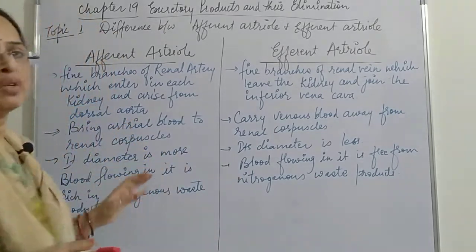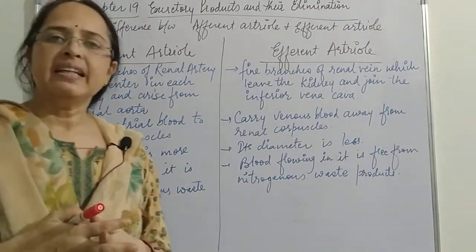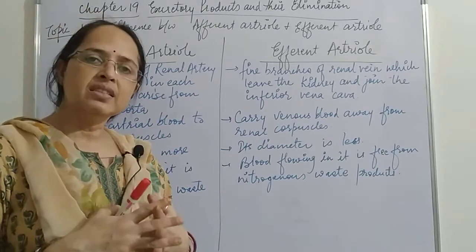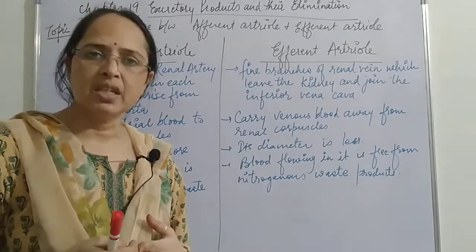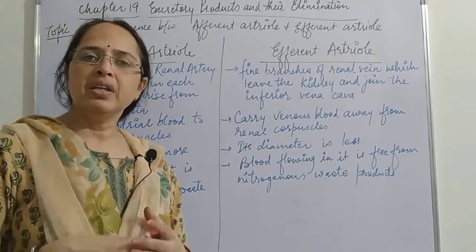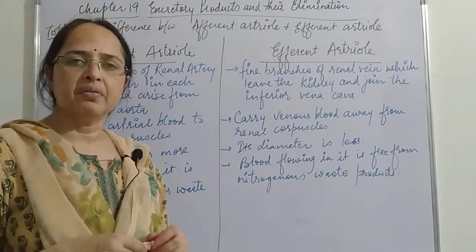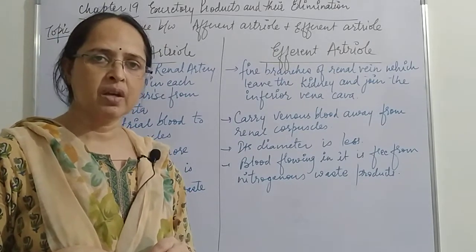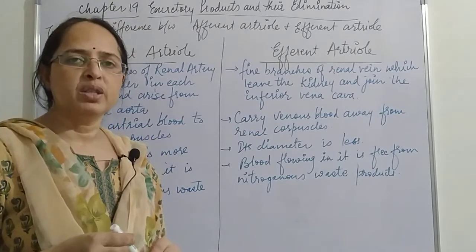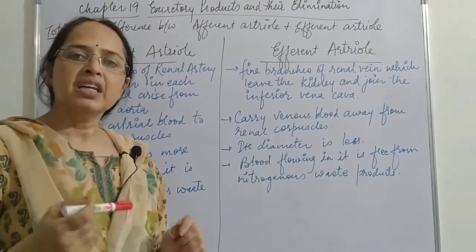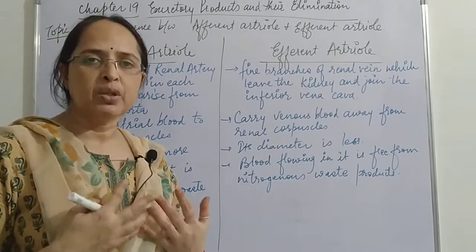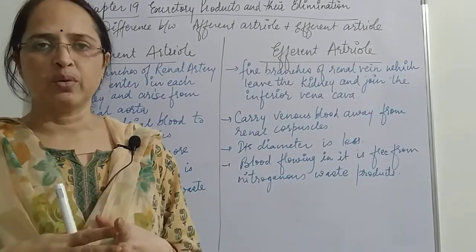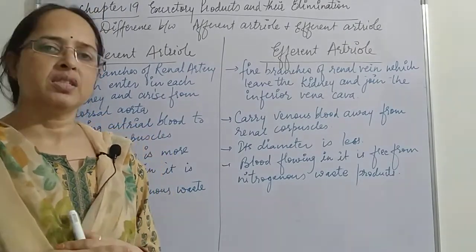First of all, we know about the kidney, that in the kidney the renal artery brings the blood. When we see the longitudinal section of the kidney, we find that when the renal artery enters the kidney, it divides into many fine tubular structures called the afferent arteriole. Each afferent arteriole brings blood to the nephron and divides into many capillaries, and these tufts of capillaries form the glomerulus where the filtration process occurs.